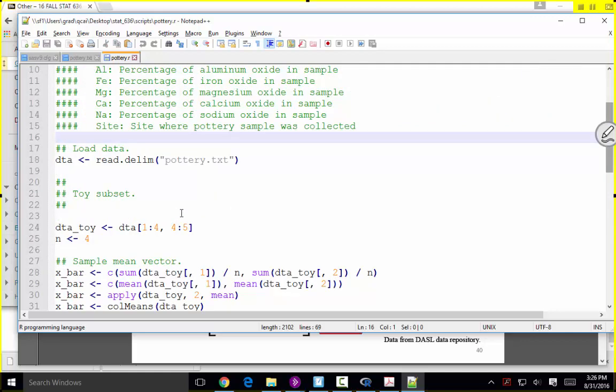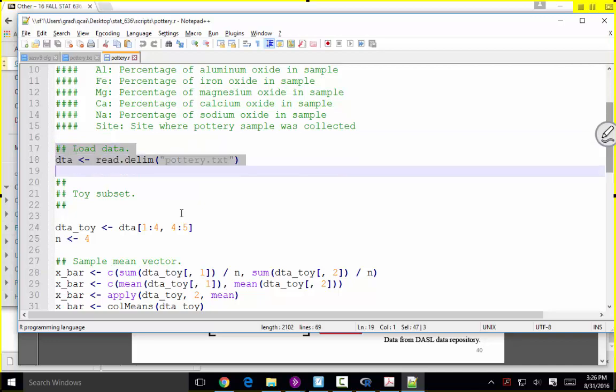Let's read in the data. To read in these data, I'm going to be giving you code that you can use to read in our data sets. In this case, you can use the read.delim function. And I want to copy this and go over to R, paste it, and run it. If I do that,